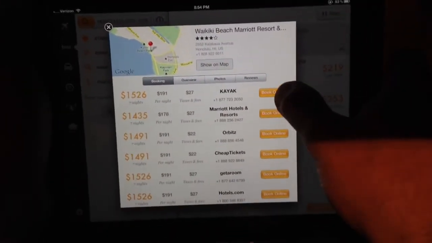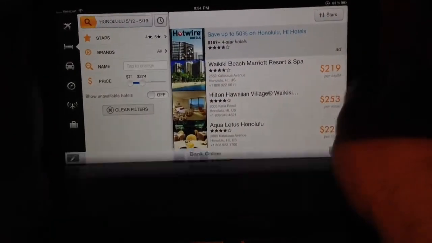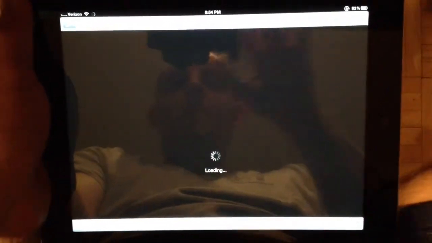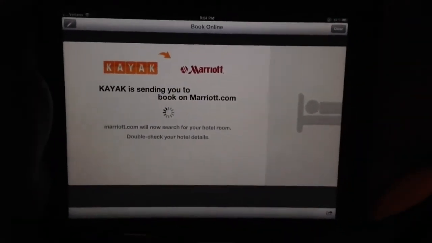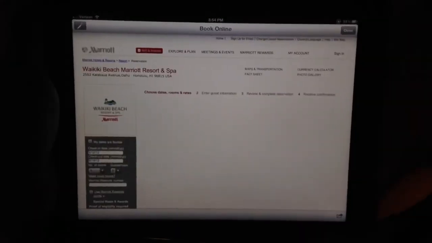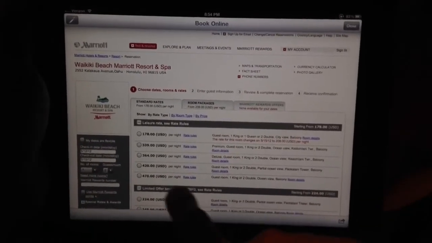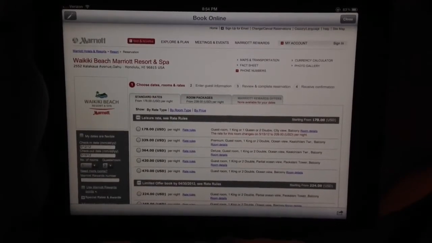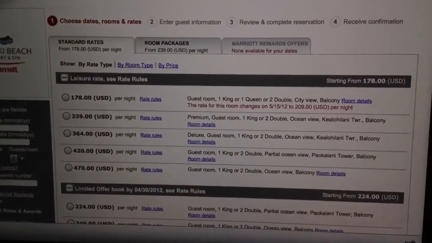So I just go ahead and click most likely on the cheapest one. I would hit book now. What you'll see is, again, this will pull up a screen telling you that it's taking you to whatever website it is that had the cheapest price. That's Kayak's claim to fame here. And you can go ahead and see the different rooms and rates, what they're offering. So you can see here that that cheap room that we saw,